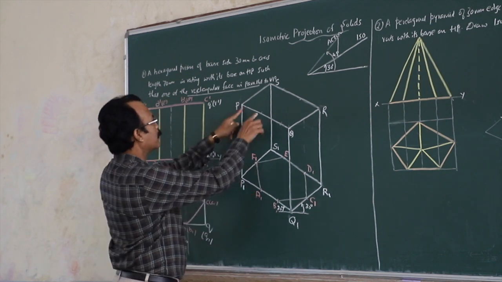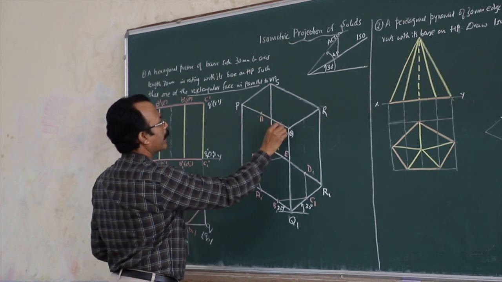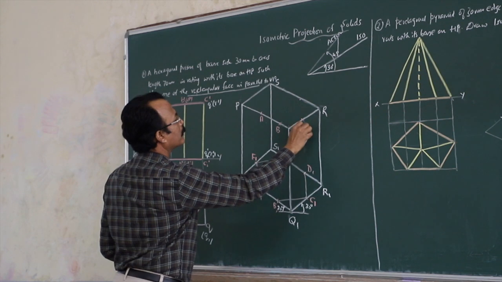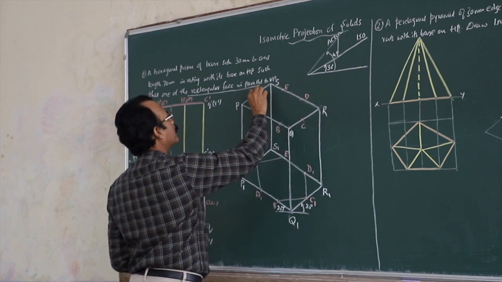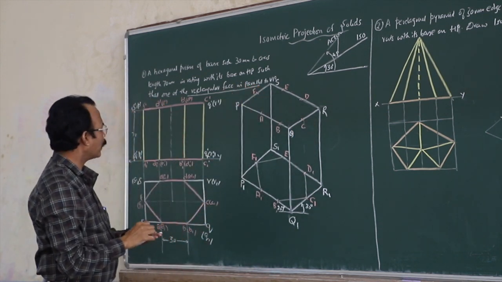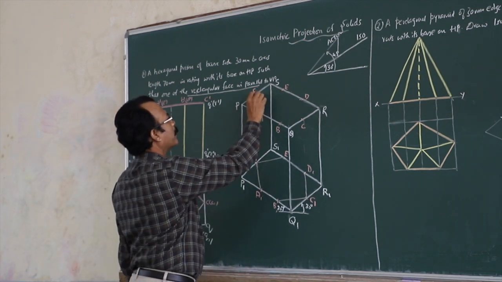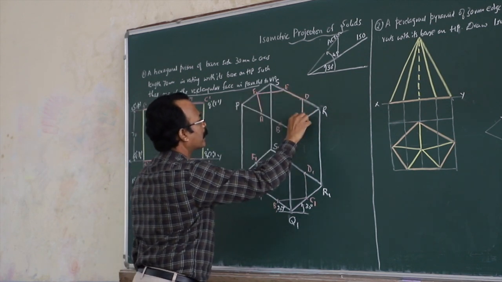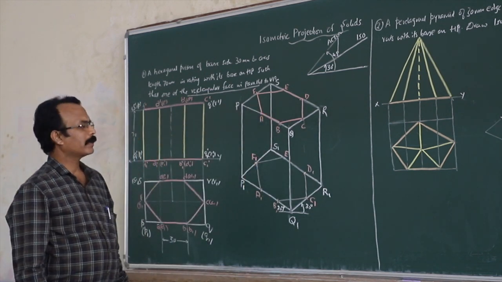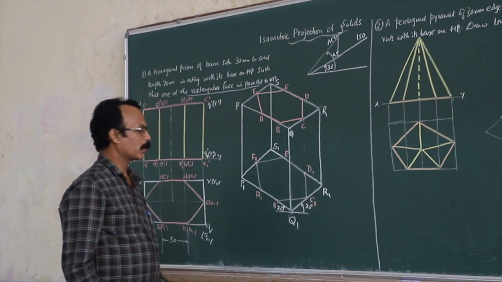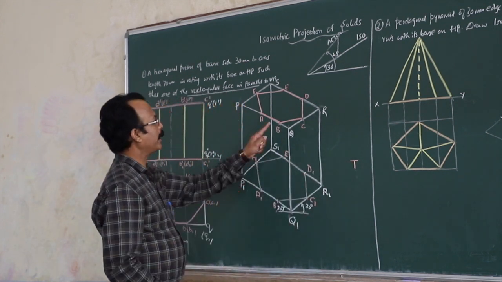Whatever I had explained here, same procedure you follow and get the points A, B, C, D, E and F there. Okay. Now once you get these points, you can connect this top hexagon completely with a dark line there, right? Since it is the topmost portion, you can draw it completely dark. Now how to make the visible lines dark there? Always follow this procedure in development. First you take the top portion, it is completely dark.